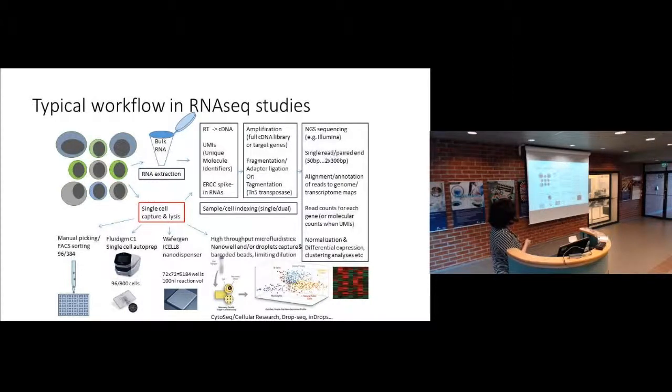And for Illumina you have to shorten it, because as I said, Illumina has a size limit of about 1000 base pairs. So you have to fragment and add the Illumina adapters to the ends of each fragment, or you can do a tagmentation with a transposase enzyme, which is cutting and ligating the adapters at the same time. And then it's ready for sequencing after some purification steps, and then you sequence it and align it to your transcriptome or genome maps of human, for example, or mouse, and then you read those counts